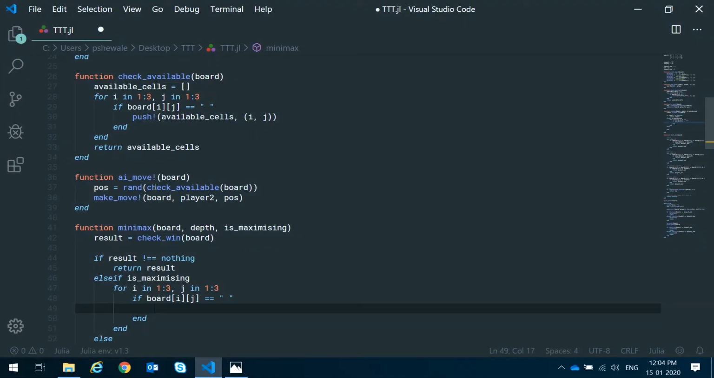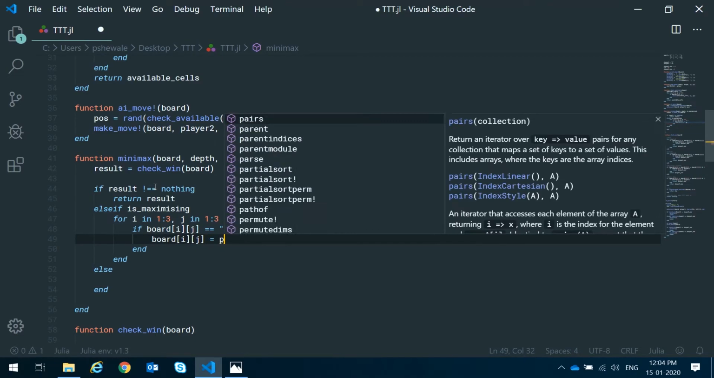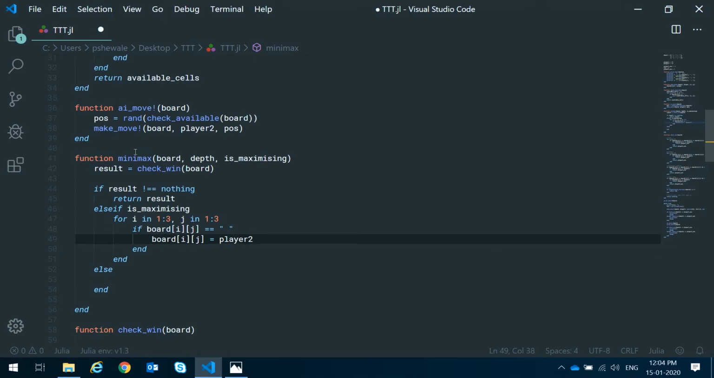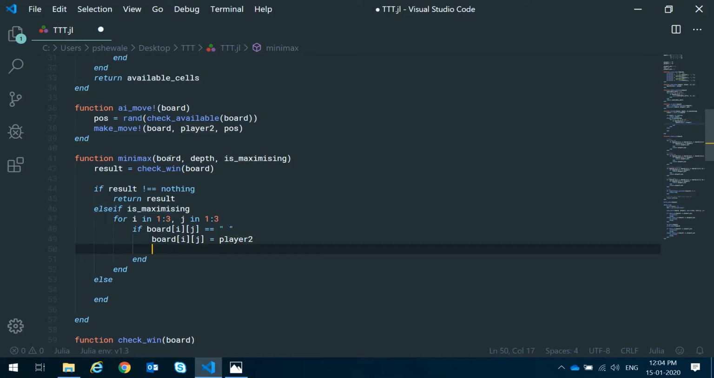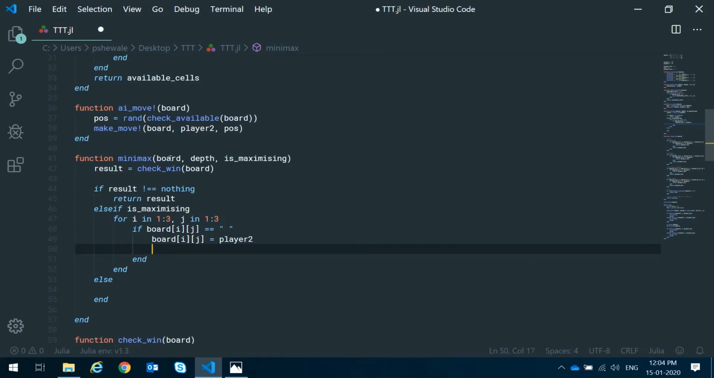So we want to make a move now. So let's make a move. Board[i][j] equals AI. Over here it'll be player 2, because if we are playing maximizing, in this case it'll be player 2. Player 2 is basically AI or O, right? So you want to set it to player 2, and after we make our move, what we want to do is call minimax